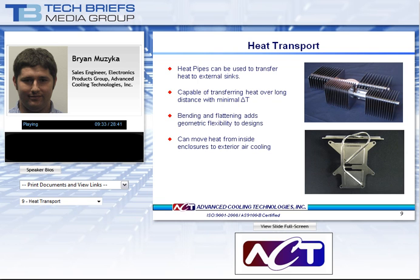This slide discusses using heat pipes as a way to transport heat. A very common application for heat pipes is to move heat from one spot to another. In typical electronic systems, real estate is valuable and it is often beneficial to keep electronics compact, which doesn't lend itself to an easy heat sink design. By using heat pipes in these systems, you can move that heat to a location where there is more room